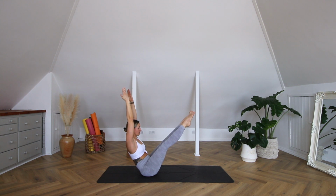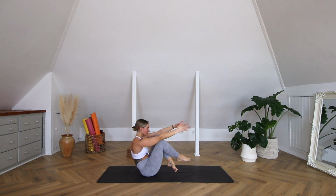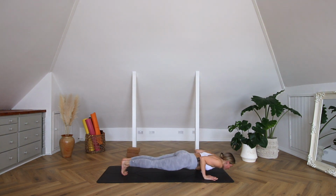exhale. Inhale for 2, exhale. Inhale for 3, exhale, vinyasa. And if you're not feeling a vinyasa, you can just stay sat down on your mat and